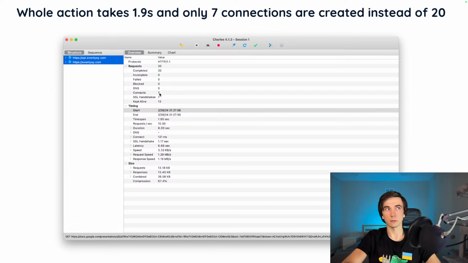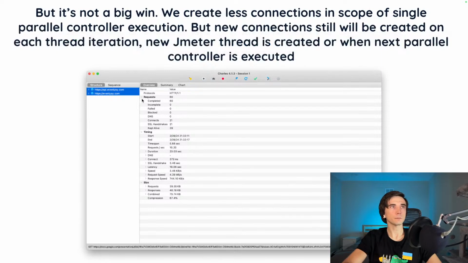So that's not bad, because instead of 20, we created only 7. Again, we have two hosts, one request for a web server and application, actually API. But the problem is that, unfortunately, it helps us only on one iteration, or on the level of